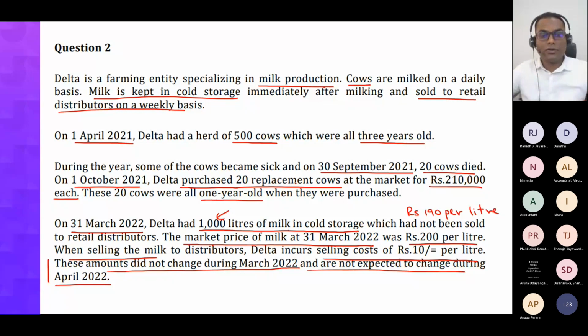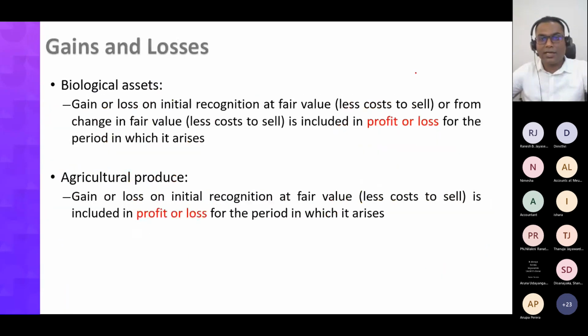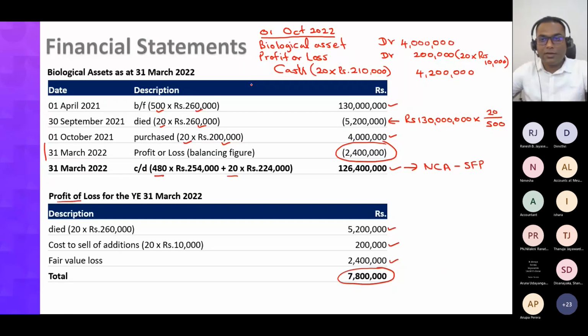All right. Okay, so how much have you paid in cash? Now let's forget about this particular standard or anything. You need to buy 20 cows and you pay 210,000 per cow. How much cash goes out from your pocket? 4.2 million. Am I correct? Yeah, 4.2 million. You paid 4.2 million here. Credit cash 4.2 million. Correct? But the standard says that once it becomes a biological asset, the initial measurement of the